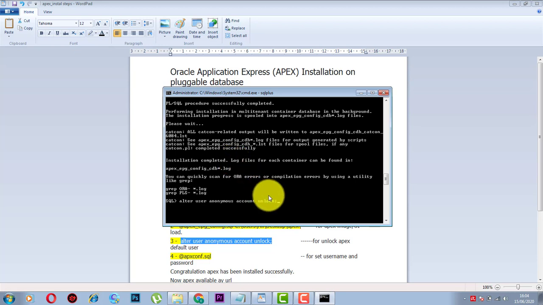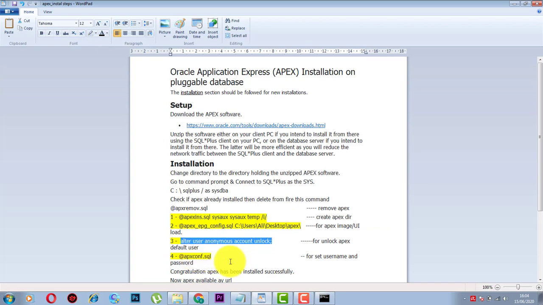This command unlocks the default or basic user accounts. The user has not been altered.